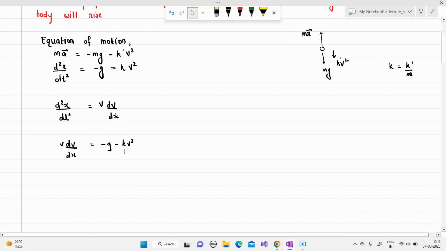And if you see, we wanted to find the distance, means the height to which the body can rise. All right, so it is a first order differential equation, and we can